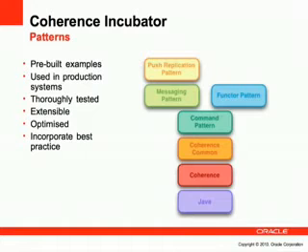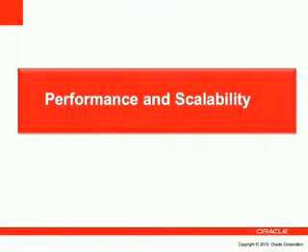And so what we ended up doing is writing some pre-written pieces of code which are maintained, documented, examples are provided, are production ready, and are thoroughly tested. So if you want to, for instance, implement some kind of messaging pattern using Coherence or push replication, then you can take one of these off-the-shelf patterns and just use them and be assured that they've been tested, the best practice has been followed, and you can raise bugs about them. So you can say, well, actually this doesn't work. A number of these are used by customers in production at the moment.